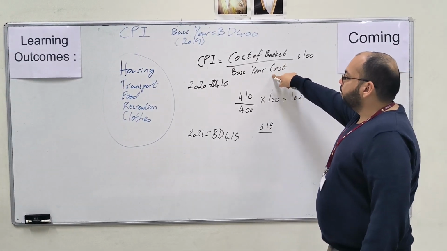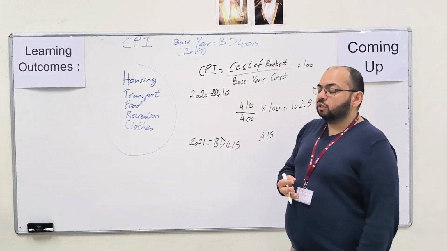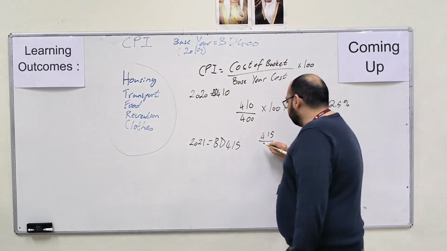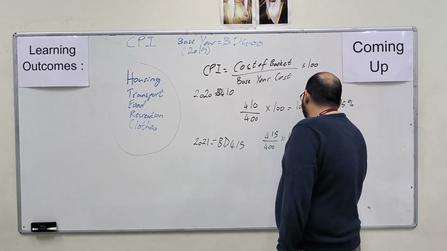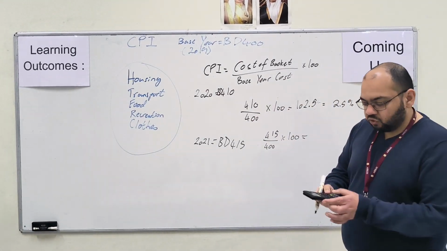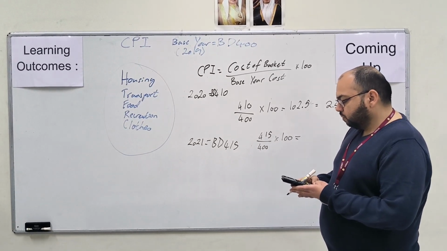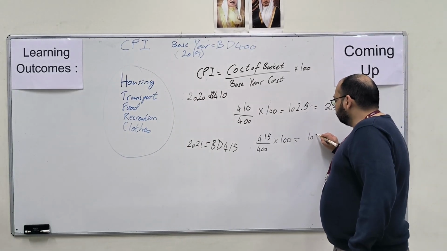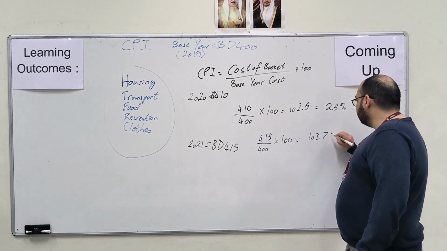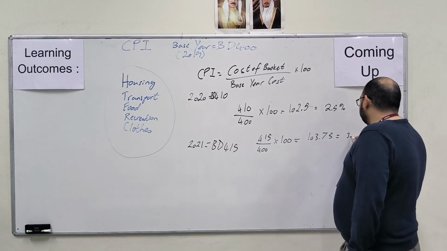No, we divide it by the base year, which is 2019, to establish a comparison. Okay? So 415 divided by 400 multiplied by 100 is equal to 103.75, which is also the same thing as